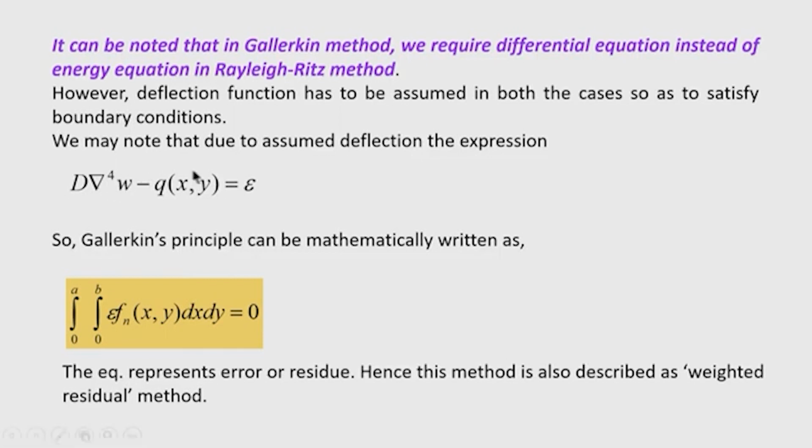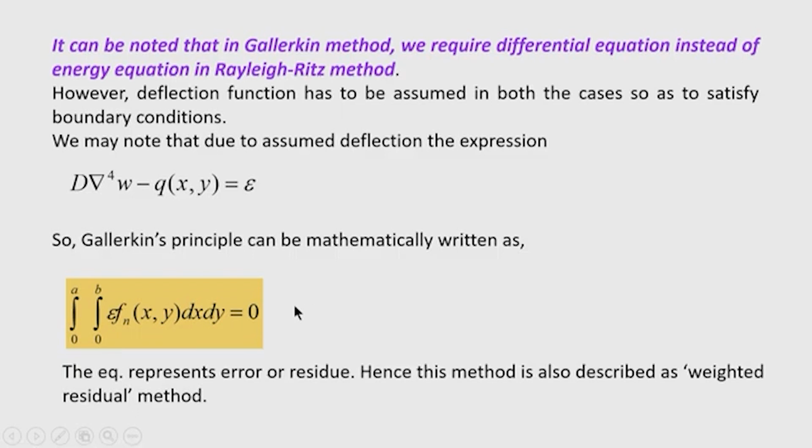Therefore, we get an error. This error multiplied by the assumed function and integrated over the domain of the plate and equated to 0 gives the Galerkin equation,